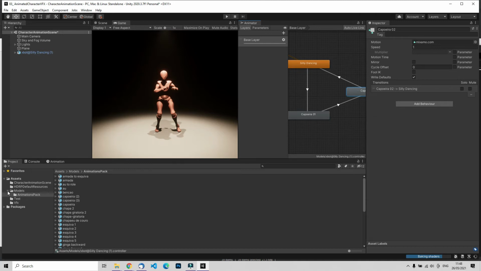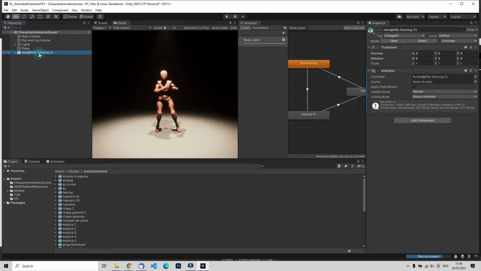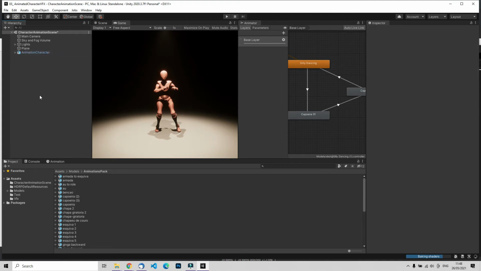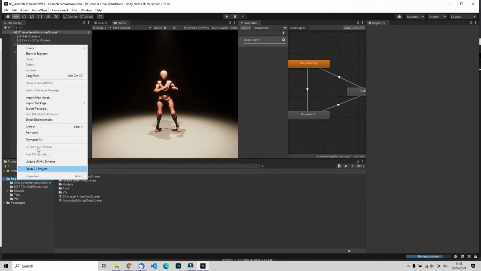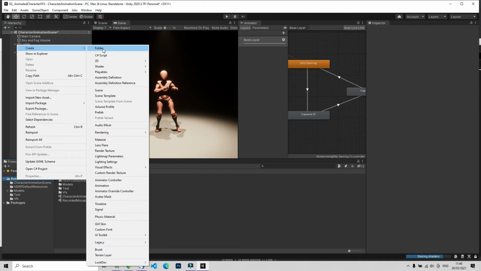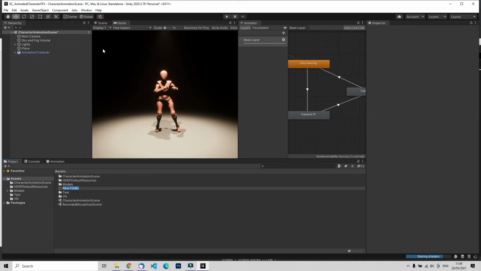Okay, now we've created a nice animation character here. So maybe we want to rename it animation character. And we can use that one now in our VFX scene, because we want to add some particles to these animations. We can save it as a prefab, and what we should do in our assets folder is create a new folder which is called prefabs. So there are all our own prefabs in there. And then we can just drag and drop